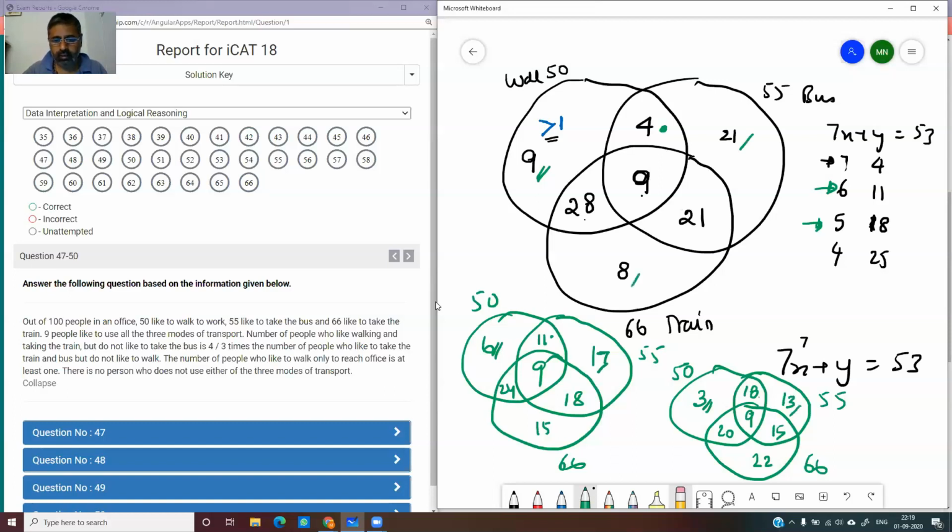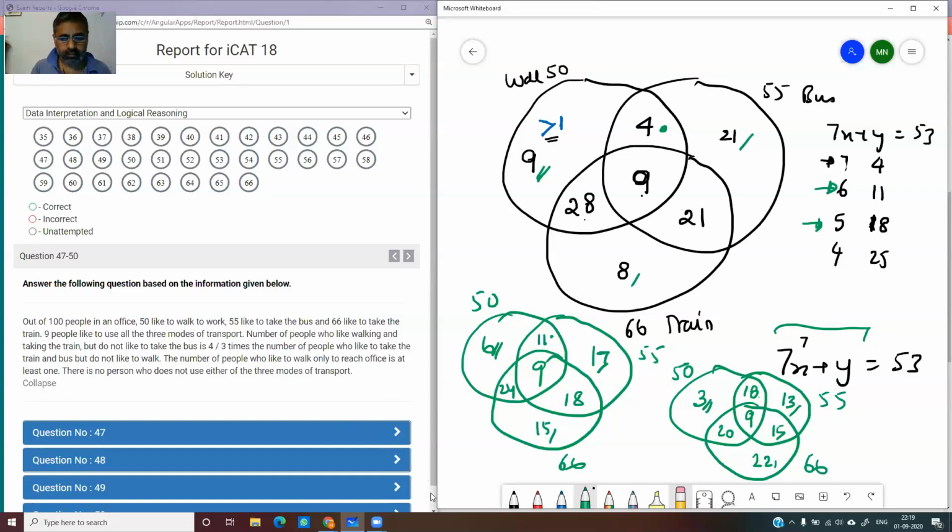You'll say 8, 15, 22. Everything will become AP because you have a special equation. And we saw in a special equation, everything becomes an AP. So these are the 3 options. You got the 3 options very fast because you're able to get that 53 pretty fast. Otherwise, it's going to take too much time.